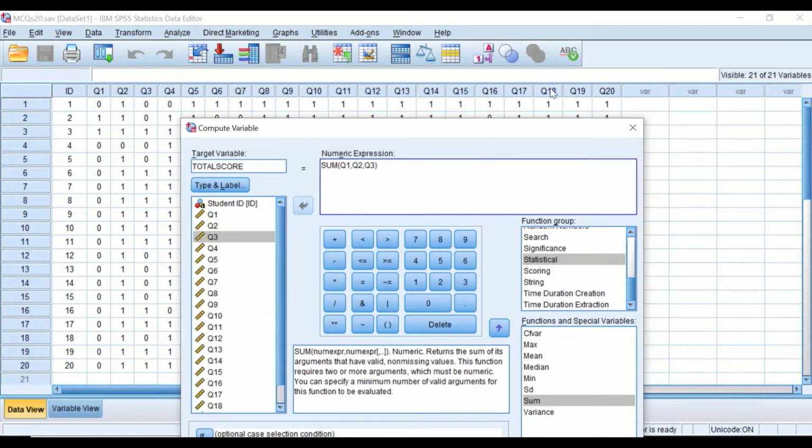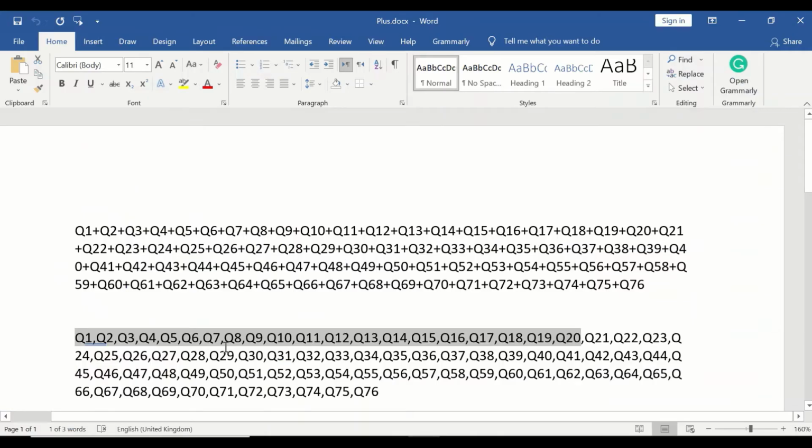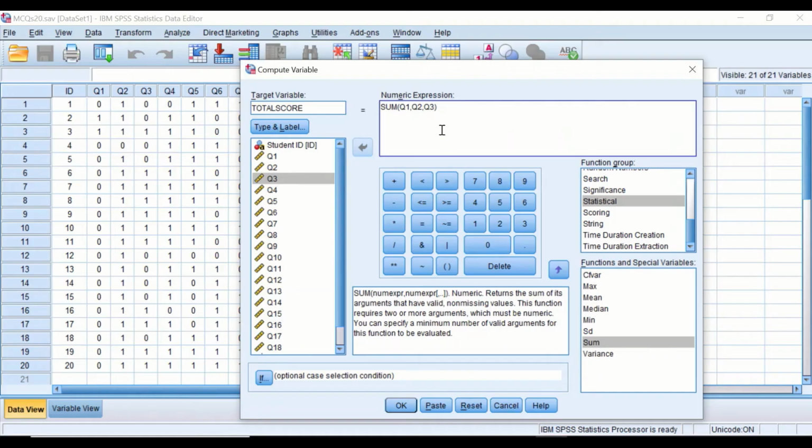And since we have here 20 exam questions, I had already generated these question labels in a Word document. I'm just going to select them and copy them, and then place them in between the brackets. So if I delete that, add the bracket again, and Control V, paste. So all the 20 variables have been placed in between the brackets, separated by a comma, and this will instruct